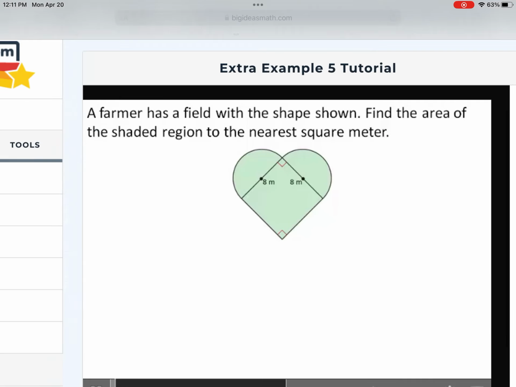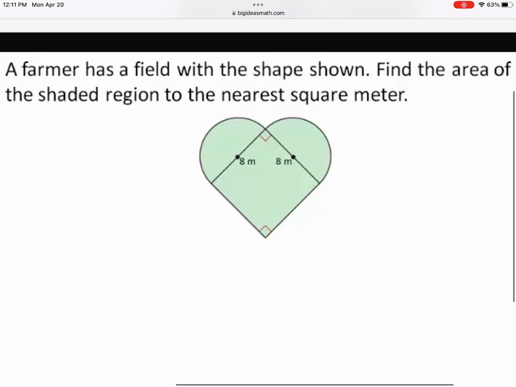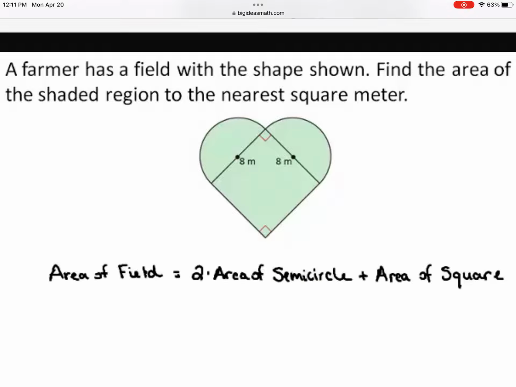A farmer has a field with the shape shown. Find the area of the shaded region to the nearest square meter. Looking at the field, notice that it is made up of a square and two semicircles. So the area of the field is equal to 2 times the area of the semicircle plus the area of